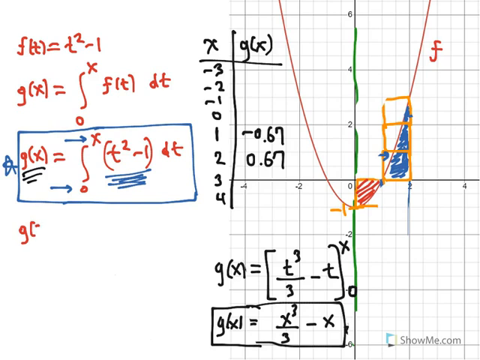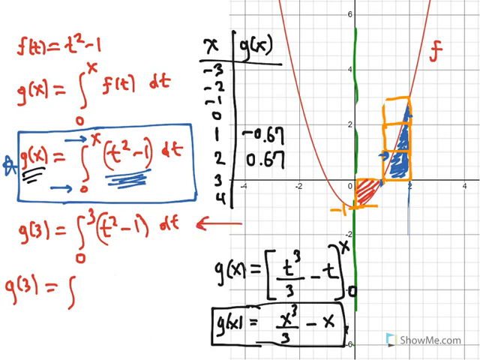Now we want to take a look at g of 3, which is of course the definite integral from 0 to 3 of t squared minus 1 dt. And again, we can take advantage of what we've already done by using properties of definite integrals to rewrite what we have here as the definite integral from 0 to 2 of t squared minus 1 dt. We know that to be equal to 2/3, plus the definite integral from 2 to 3 of t squared minus 1 dt. And of course, we can find that very easily by using this, but we do want to look